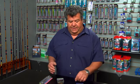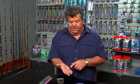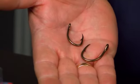Now, as far as baits and hooks and all that, when you're using live bait for bluefin tuna, you need to have a selection of hooks. I would have something maybe as small as a size 1 or size 2 if all you have are small anchovies for bait. But you also want to have some 4-0s and 6-0s just in case you get those bigger mackerel or big sardines. You start getting those bigger tuna, you get fish over 40 pounds, 50 pounds, and lots